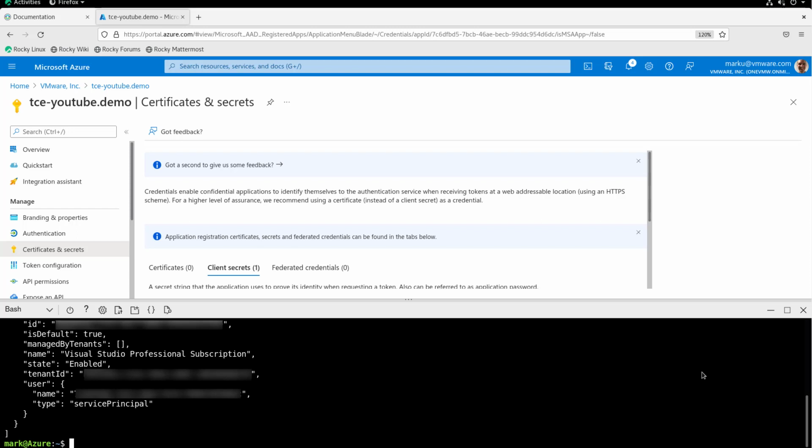Okay, now we can accept our licenses for our images. So az vm image terms accept, publisher, VMware Inc., offer, TKG-Cappy, plan,